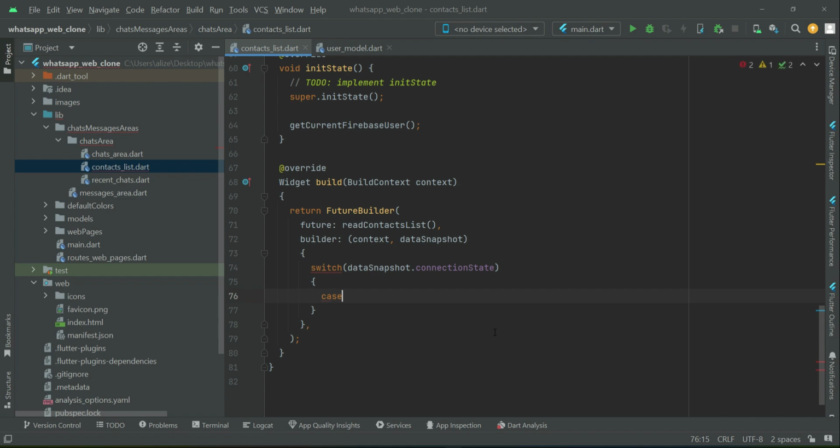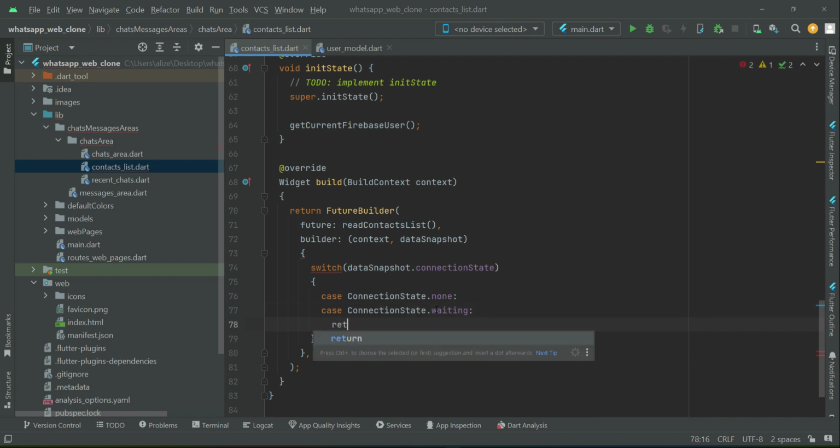So if the connection state is equal to none, that is if there is no connection, let's say your internet is gone somehow, let's say there is a problem in your connection, or if the connection state is waiting, let's say your internet speed is low and it is loading, then in that case we are going to return a circular progress indicator. So we can say return